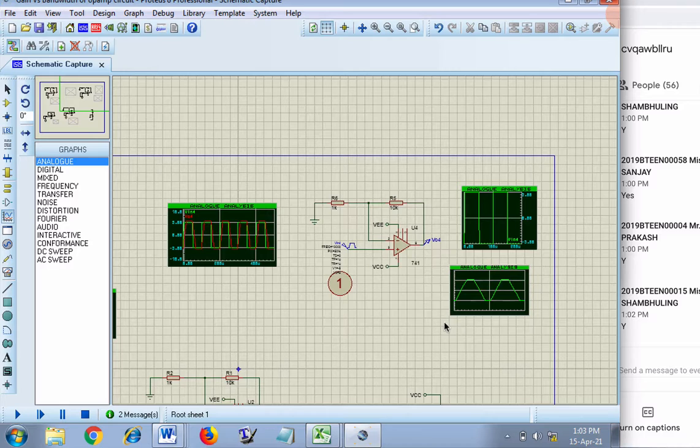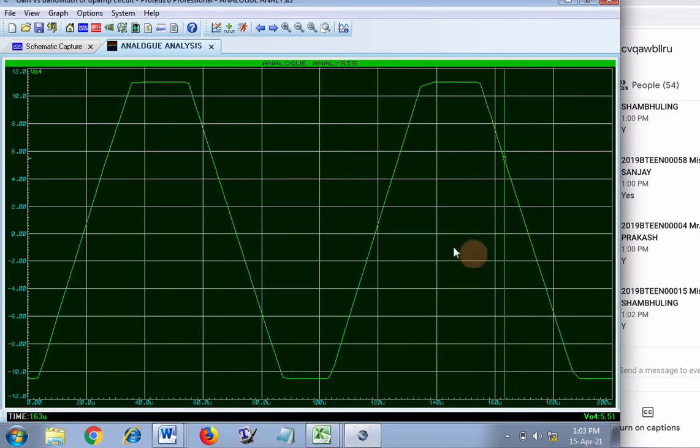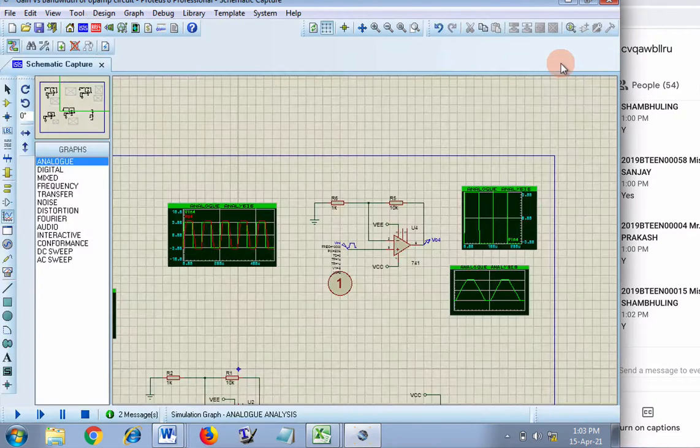If you get square wave, you have to increase the input frequency so that the output will not be square wave, and then you have to measure the slope, and this slope will be the slew rate. You will measure the slope of positive slope as well as negative slope. Both slopes you will measure as a part of today's practical. Is it possible? Did you understand at least?